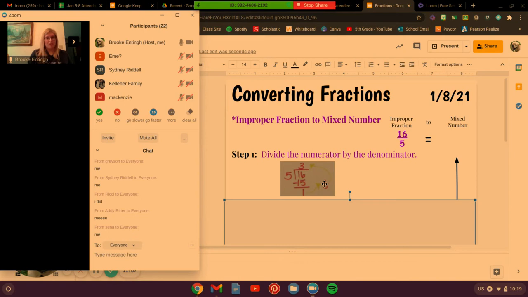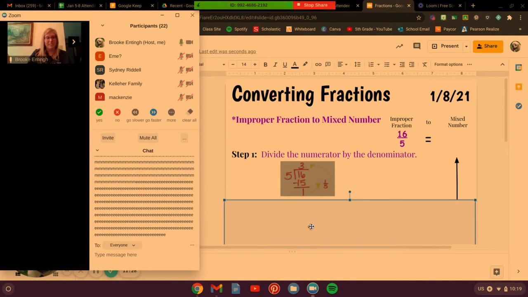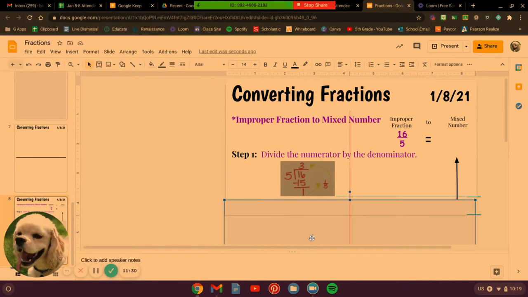Awesome. So 5th grade, when we are converting an improper fraction to a mixed number, you will always have a remainder. Or actually, I shouldn't say you will always have a remainder. Most of the time, you will have a remainder. So what you do then, we're going to take these numbers, the 3, the 5, and the 1, to form our mixed number. So what we need to do for step 2 then,